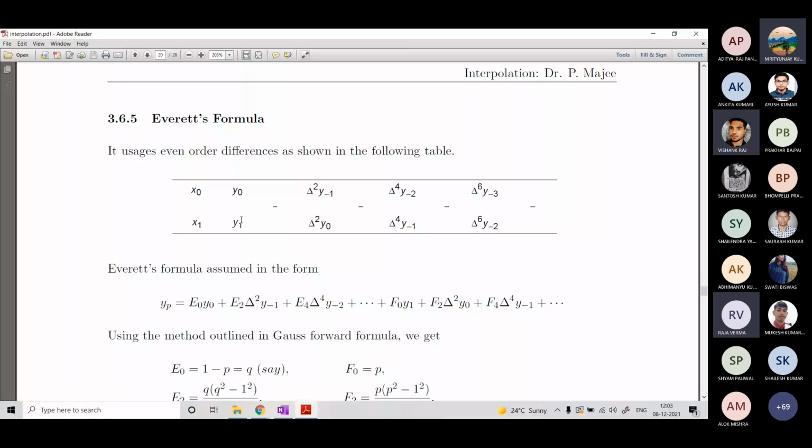So once you got the idea of linear combination and how to identify the constants in the linear combination, rest of the drills are same. So I'll not be going through each of these formulas one by one. I'll be only telling you how to derive Gauss forward formula, and remaining derivation you will be doing yourself. I'll be only telling you how to solve the problem. Is that okay to you?